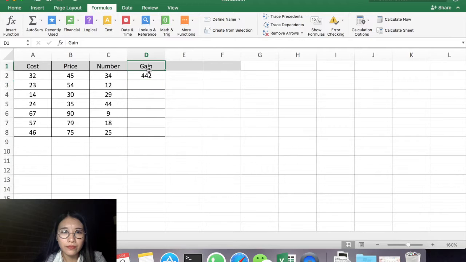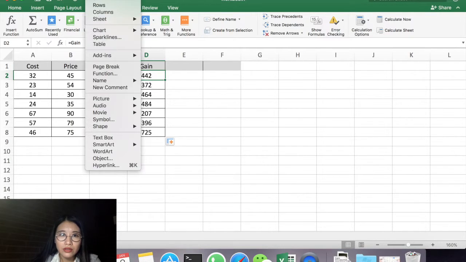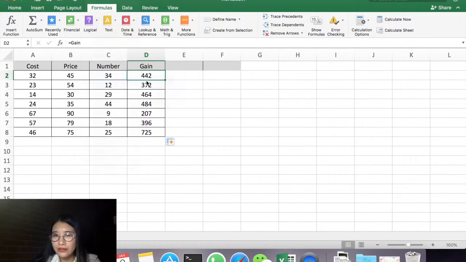What we can do here is type equals gain, and enter. So that's exactly the answer we want. You can notice in these ones, because we didn't put the dollar signs in, this made it dynamic. So if we go to insert name define,